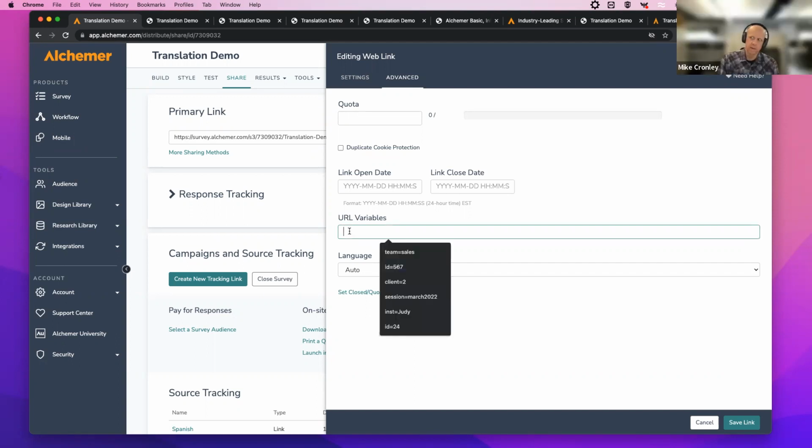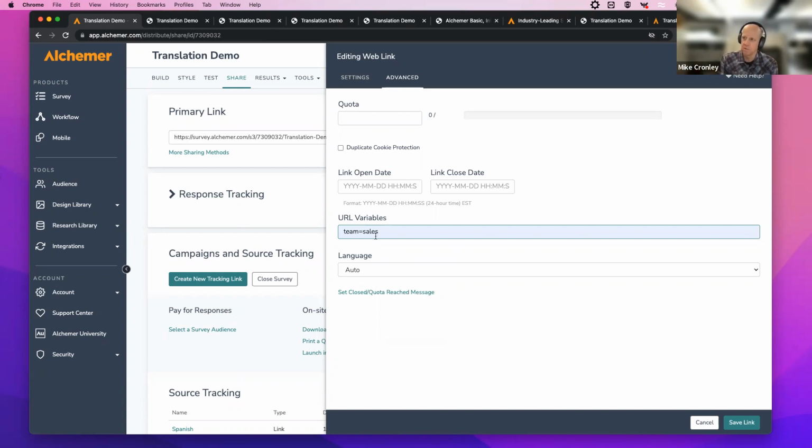This is for kind of advanced users. And I actually have a deck on this that I could share with you as a follow-up, on what URL variables are and how to use them effectively in our system to capture data from the link. It's a value that's appended onto the URL. So these are just some examples like, hey, I would like to put team equals sales onto the primary link, and we'll have this data that we can capture, which is sales.